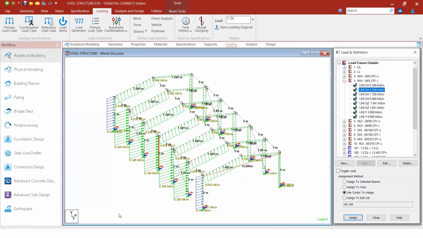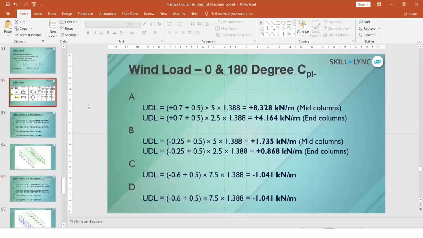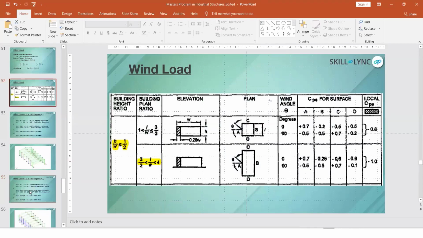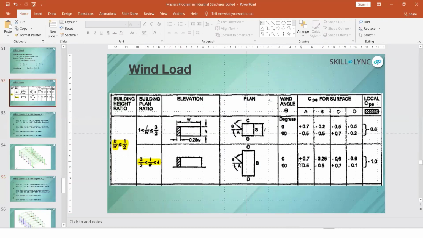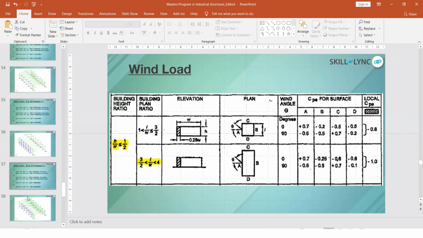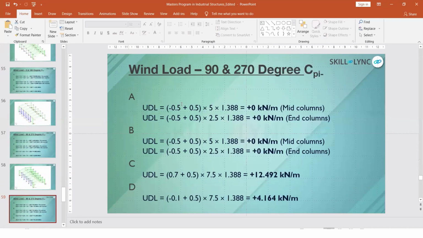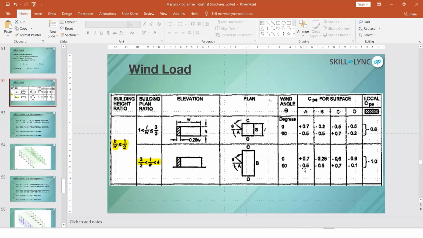Okay, so the next value that I have calculated is for 0.25, minus 0.25. If you see, minus 0.25 minus of minus 0.5, into 5, into 1.38. So this is just A, B, C, D, and the values here I have replaced with 0.7, 0.25, 0.6, 0.6. That is this value, 0.7, 0.25, 0.6, 0.6. And in the next direction, if you want to calculate, that is the 90 degree and 270 degree, you have to take 0.5, 0.5, 0.75, 0.1. That is also in the table only: 0.5, 0.5, 0.7 and minus 0.1.